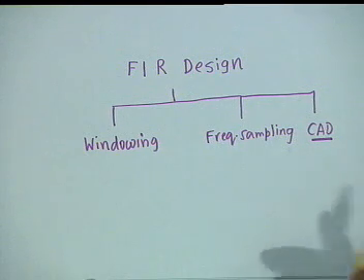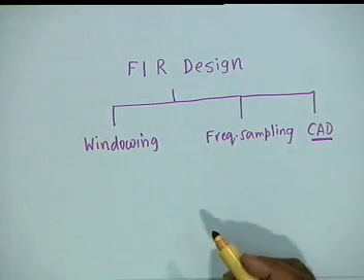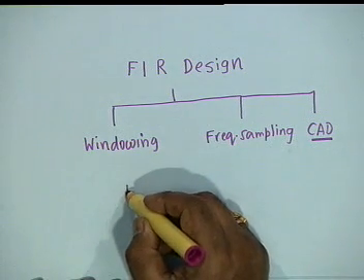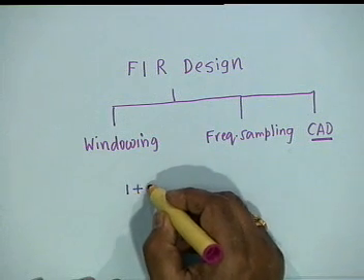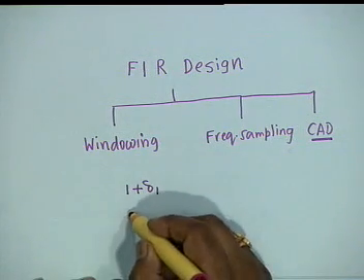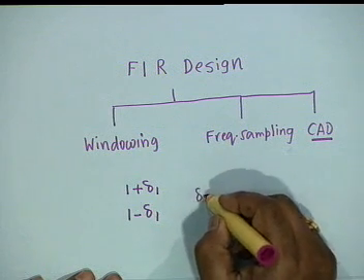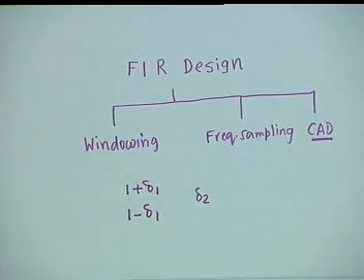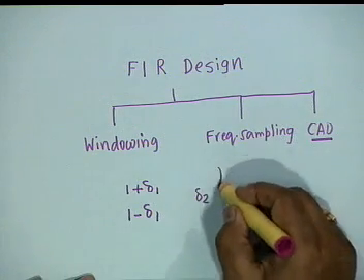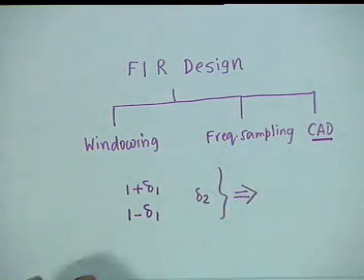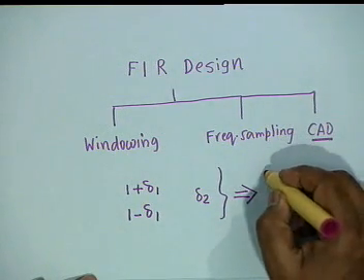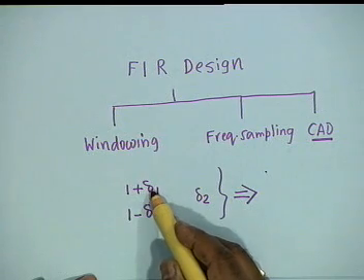In FIR design, we had also said that the terminology used is slightly different. What we consider is that the pass band oscillates or varies between 1 plus delta 1 and 1 minus delta 1, and the stop band is at omega 2. Stop band transmission is delta 2. And we said that this can be easily transformed into our nomenclature delta P and delta S and vice versa, and the formulas are that you just normalize the highest response to 1.